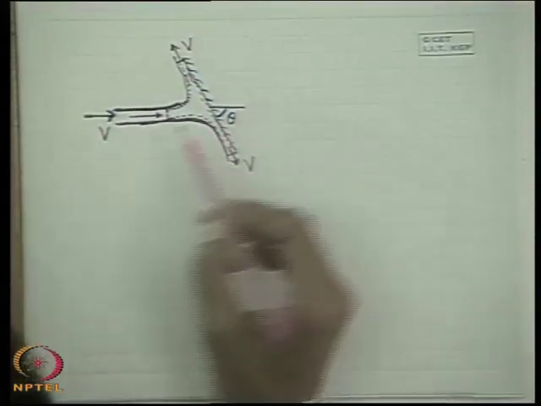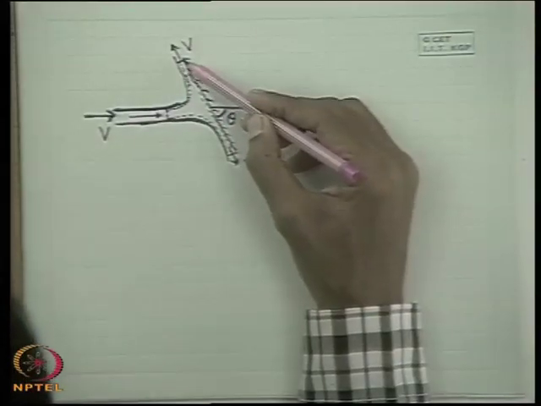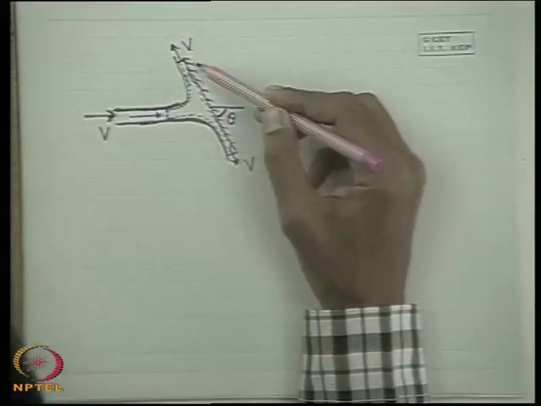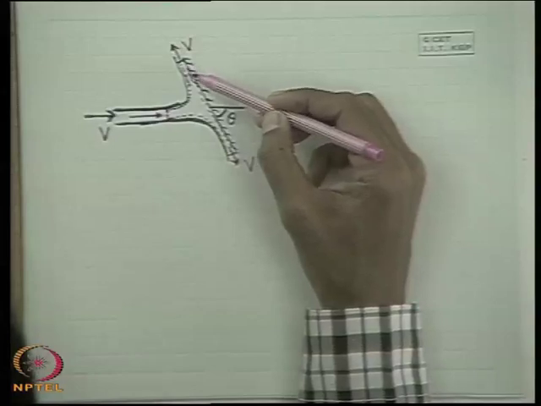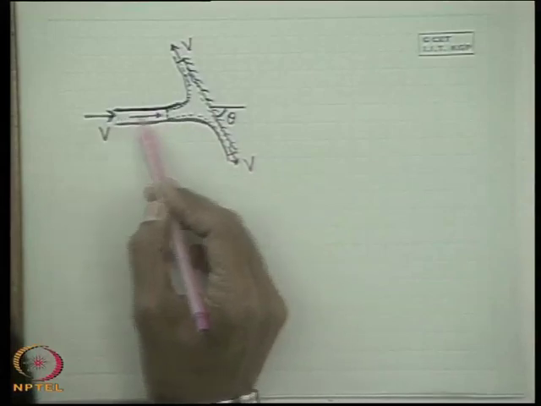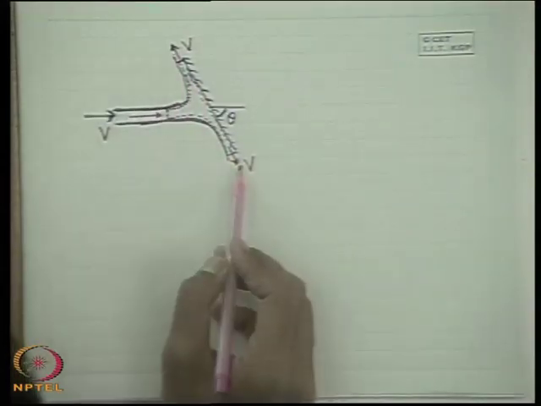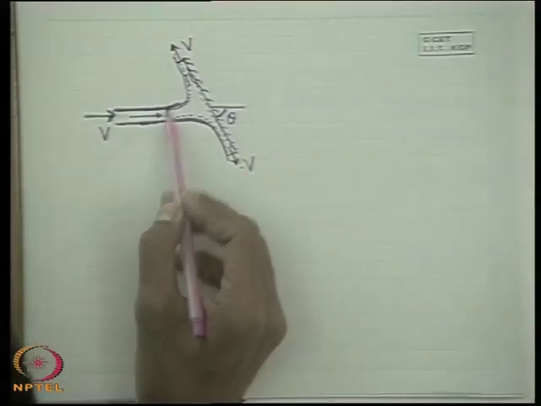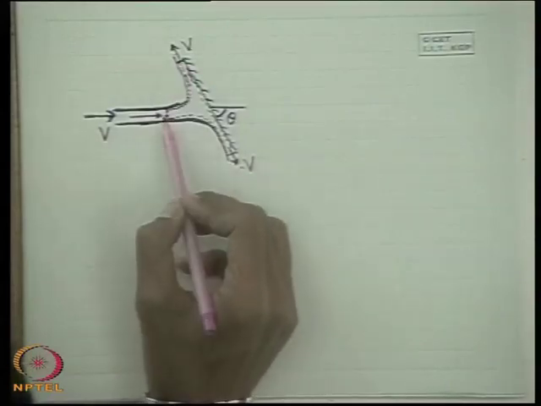Moreover, we consider the fluid to be inviscid, that means the friction between the fluid layers and also between the fluid and the solid surface is zero. Considering a frictionless fluid, with zero frictional interaction between the liquid and the surface, and atmospheric pressure throughout, we can write that the velocity of exit will be v. This is because if we write Bernoulli's equation at a point here and there at the exit, since the pressure remains the same, the velocity remains the same.